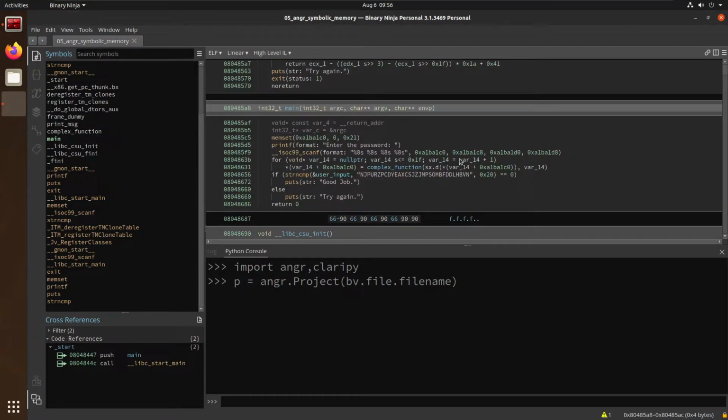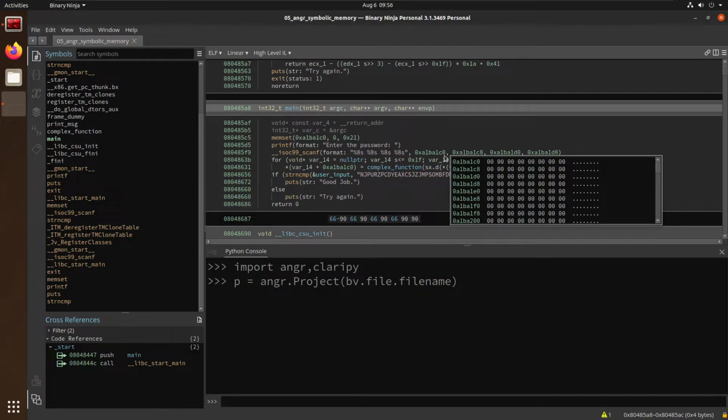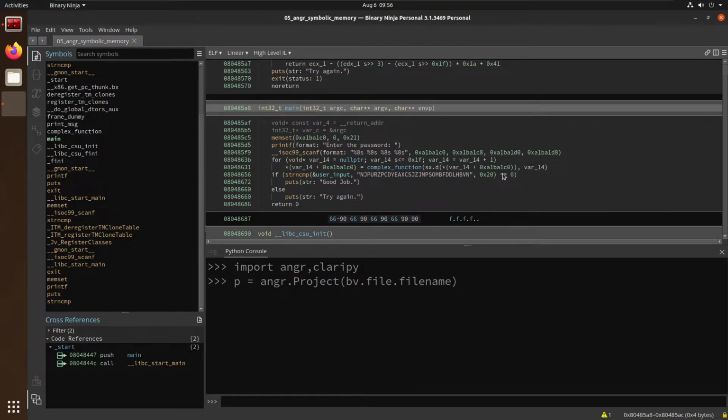So that's a good thing. We have static addresses, we can just write directly to it. We don't have to manipulate any registers. It's a global variable. We don't have to do anything with the stack or whatnot. So this is actually easier than the last one, which was 03. So we're just going to be exploring how we can interact with the state to write directly to explicit parts